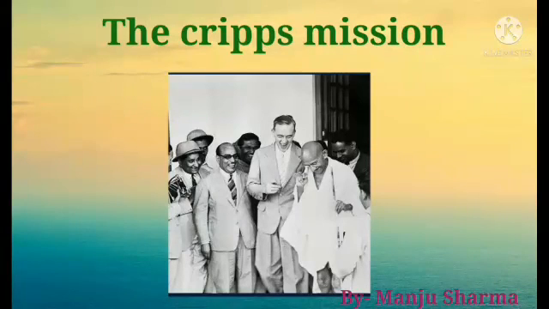The Cripps Mission. To secure the cooperation of Indians in their war efforts, the Cripps Mission was sent to India, which suggested full dominion status in India after the war. The national leadership demanded immediate self-government in return for war support. Gandhiji said the Cripps offer of dominion status after the war is like a post-dated cheque drawn on a crashing bank. The proposal was also rejected by the nationalists.